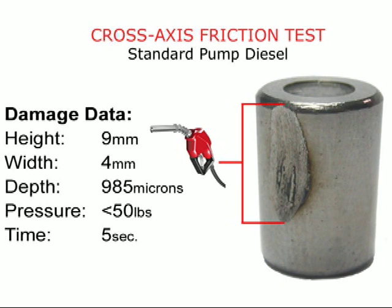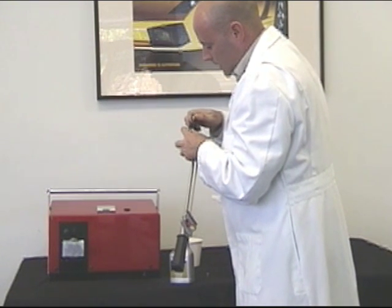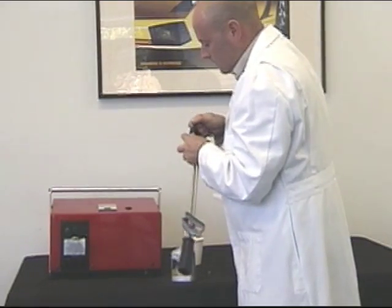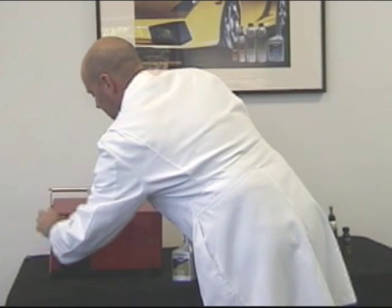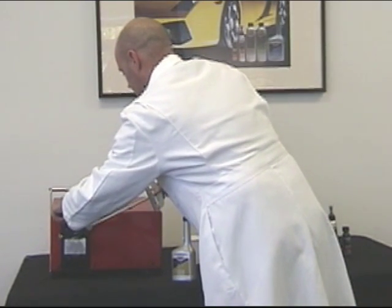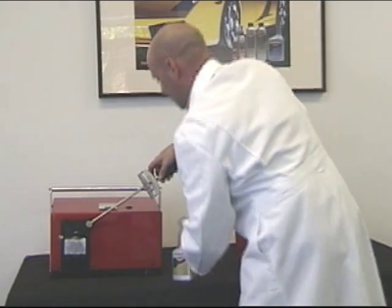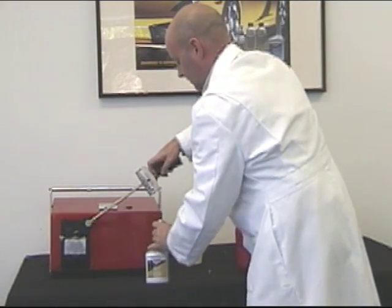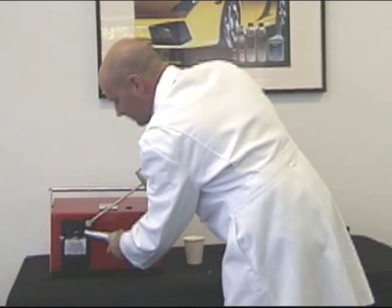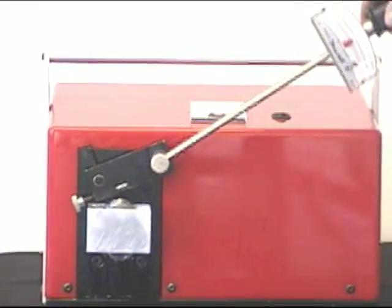Now I'm going to go back and I'm going to keep the, what I might do is turn the race bearing around a little bit, and we'll use a different spot. Up the bolt there, and I'm going to add a little bit of our Bi-tron to the mix, just a little bit. Okay, I'm going to